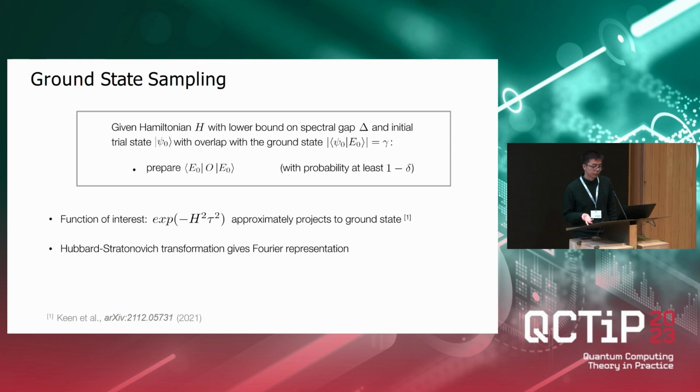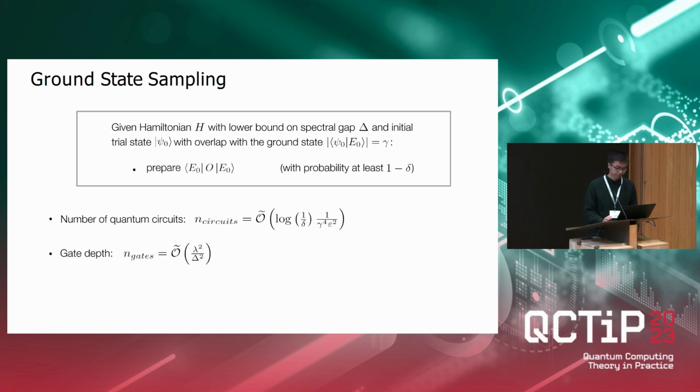One function of interest here may be the Gauss function. However, there are many different functions that people look at. However, this suffices for us, and this function, of course, approximately projects to the ground state for positive Hamiltonians. And the Hubbard-Stratonovich transformation gives rise to a Fourier representation, so again, we can plug it into our approach. We can again write down the complexities, and so they would depend in general on the overlap, gamma, and